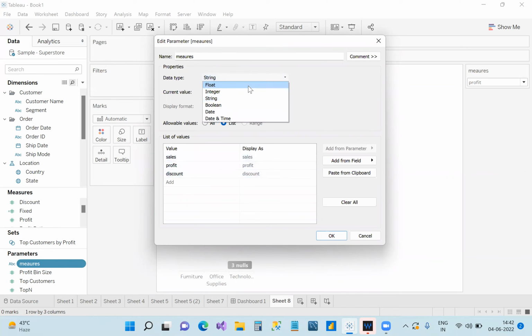Now, what I'll do is integer. See what will happen. I'll just do 1. Now, over here, I have written 1, 2, 3. Why? Because I don't want to write in my calculated field the entire sales, discount, profit. So I'm telling it to write over here 1, 2, 3, but display it as sales,